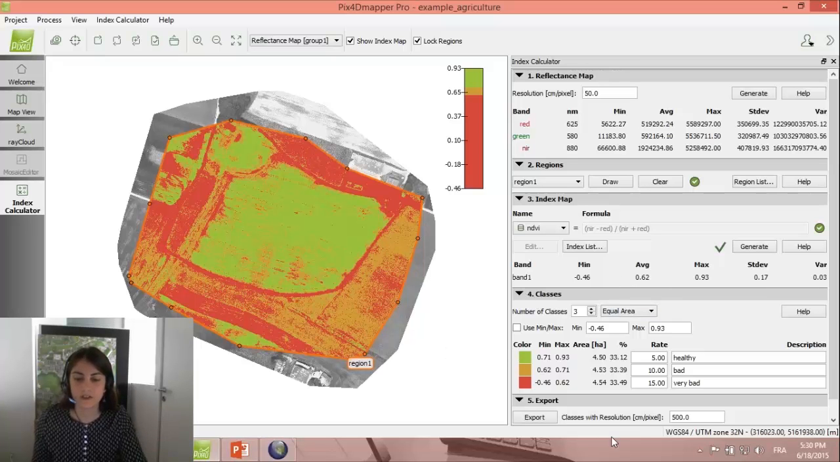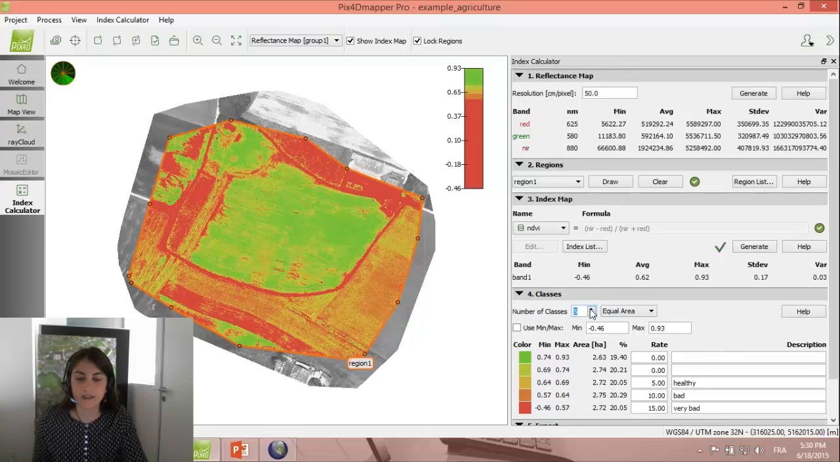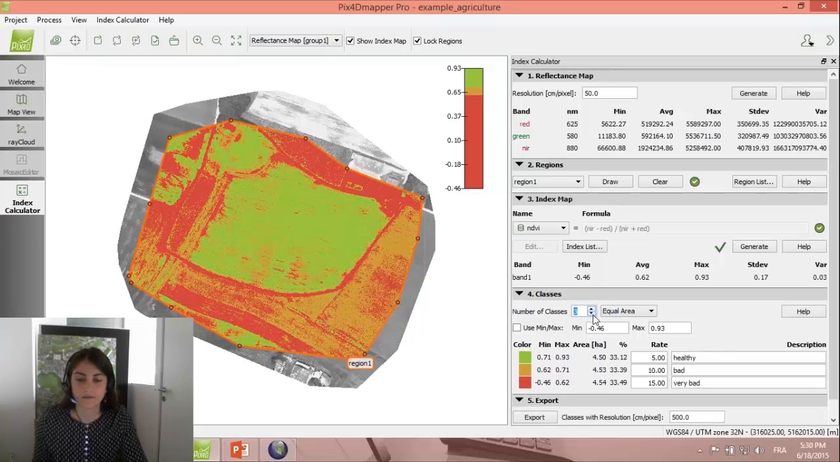Here, you see, I can organize my classes. You can define the number of classes. I will just keep 3 classes in this example. So this means that the software has classified the NDVI, the area I have here, based on the NDVI values of each pixel. Pixels that have NDVI value from 0.71 to 0.93 belong to this first class